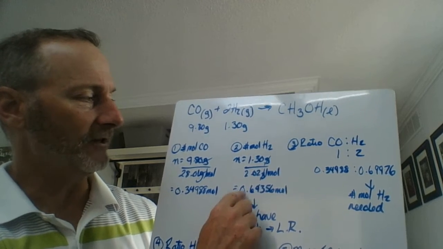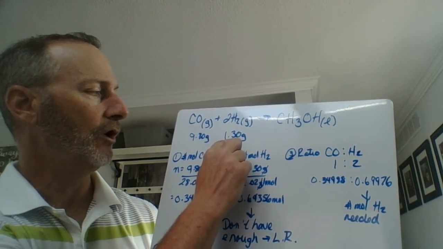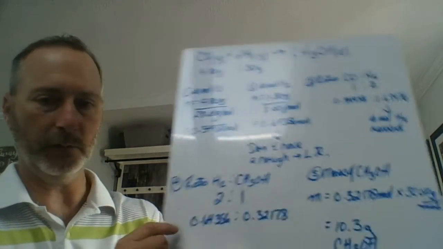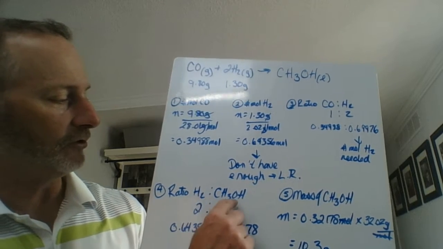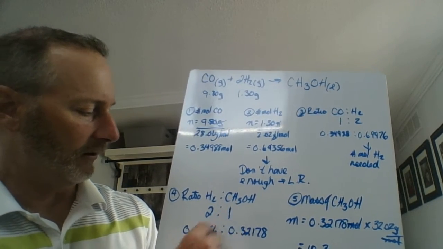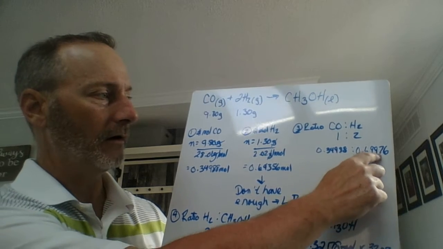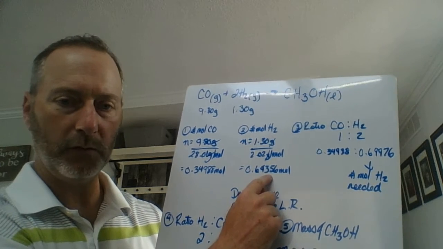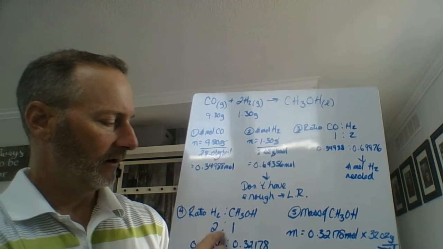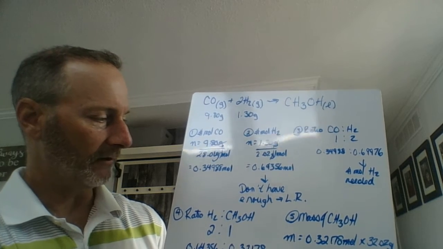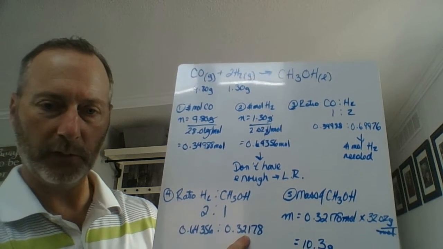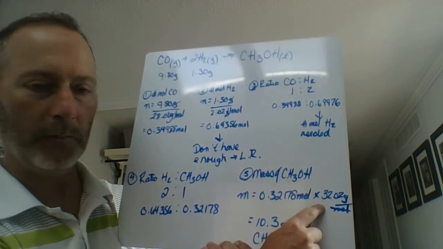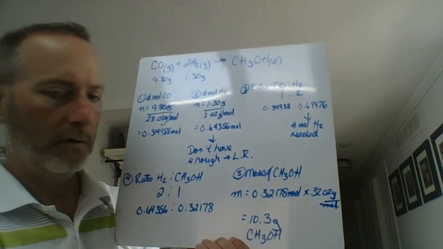So now we've determined the limiting reagent, and that's important, because now that I have the limiting reagent, I know where to focus. Now I'm going to look at the ratio between hydrogen, the limiting reagent, and the product, which is the mass I'm looking for. So we go down here, we do the same thing. The ratio of hydrogen to CH3OH is 2 to 1. So I take not this number, that's what I needed but don't have. Take the number of moles that you actually have right here, divide it by 2, get the number of moles of CH3OH, and then take that number of moles and multiply it by the molar mass, 32.02 grams per mole, to get our answer,